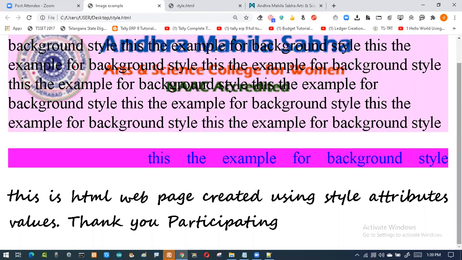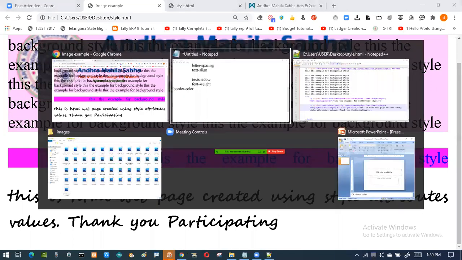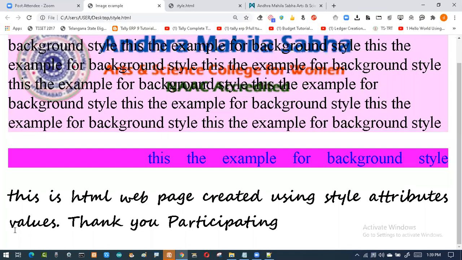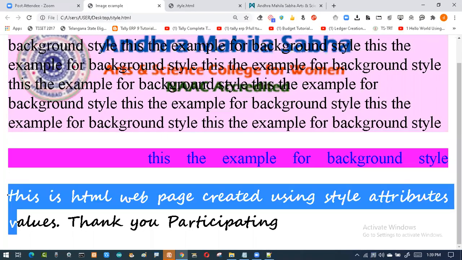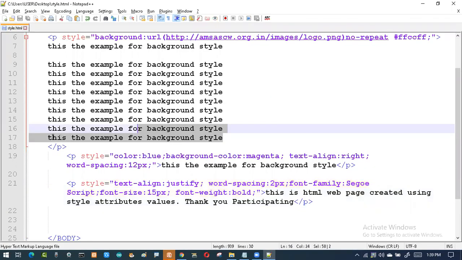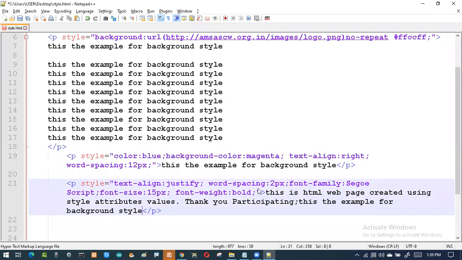So what is the code I have written for this? So if you see the code, here you can find I have said text align justified. So if you see, my text is justified. Here also it is justified, and here also it is justified. If you want to add some more thing, you can add. Say I want to add some more lines, so you can see the justification whether it is justified or not. So I will be saying here justification. So I add some more text to see the proper output.